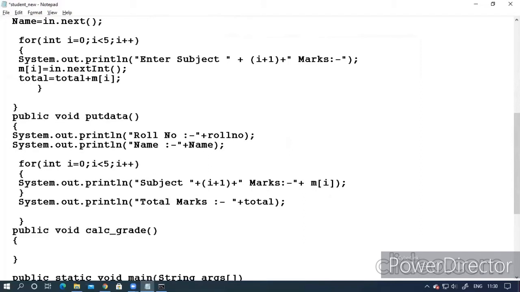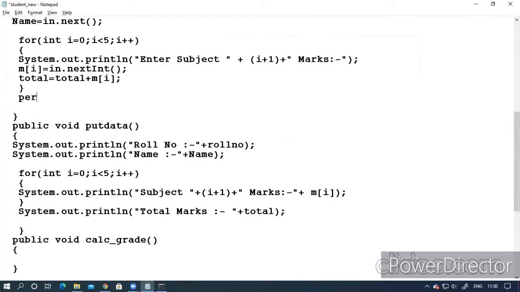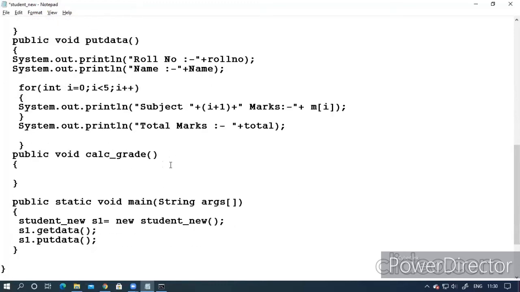After calculating total, you can calculate the percentage also. Take total divided by 5, because if we assume that all subjects are of 100 marks, then how will we calculate the percentage? Simply using this formula.